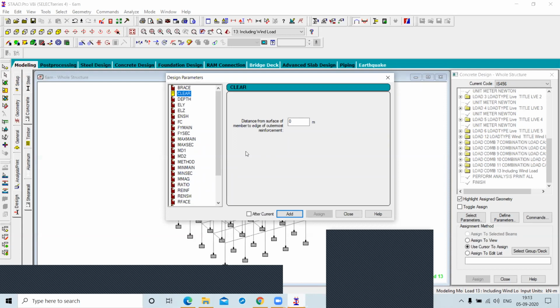If you assign the 30 mm clear cover on the columns, STAAD Pro will follow it, or take the 40 mm. You don't follow the value given by you because it knows this value is not compatible with the column design, right? So we have to give